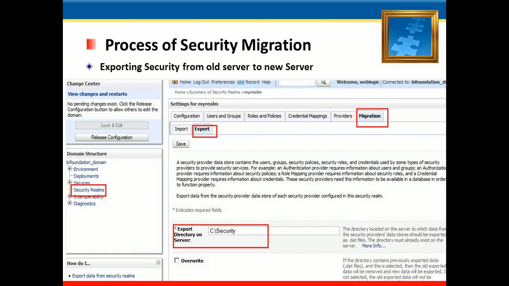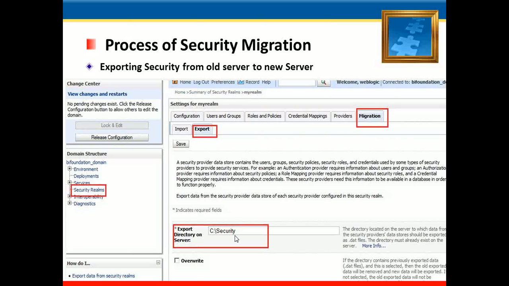And then under the migration we have to see the export tab, and click on this export tab, and we have to view the exported security folder location here, and we can export our security with this path, whatever the folder of our security